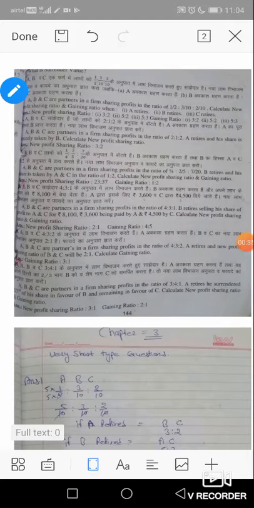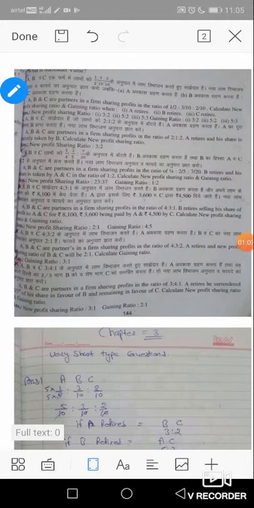First, we get only the information that there is a particular partner, one, two or more than two, and an existing partner is going. In the second situation, a particular partner is exiting from the firm, but he surrendered his share, he gave his share to the remaining partners in a particular ratio.